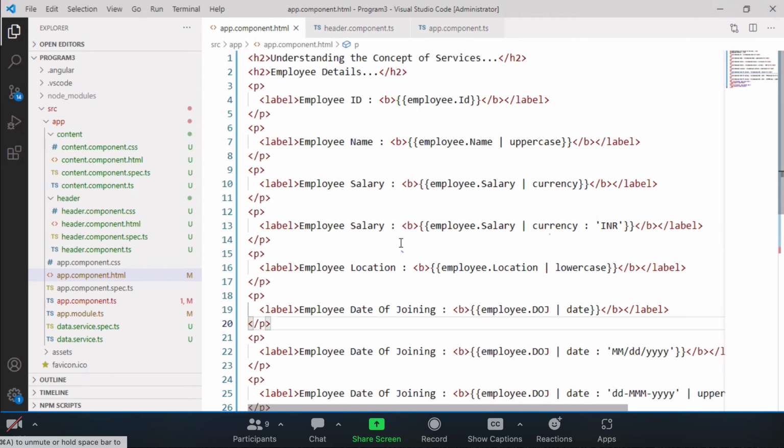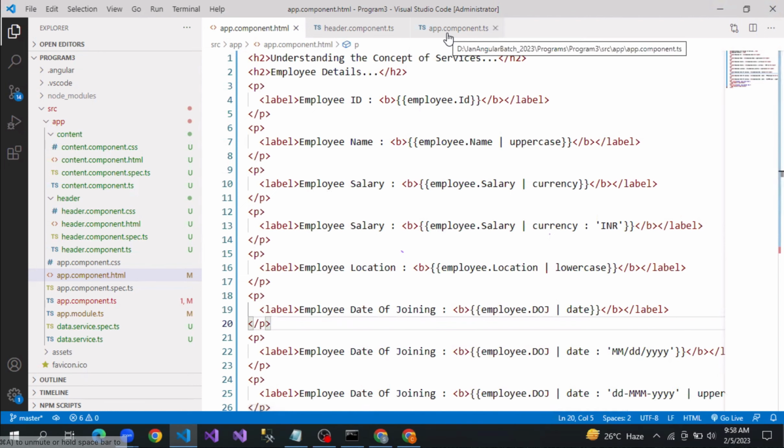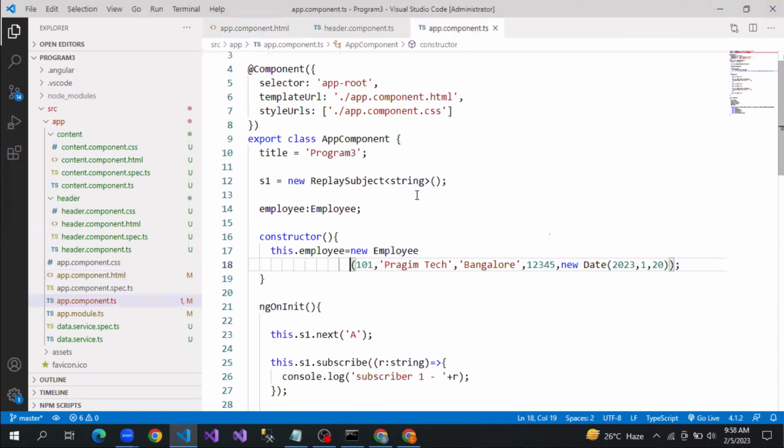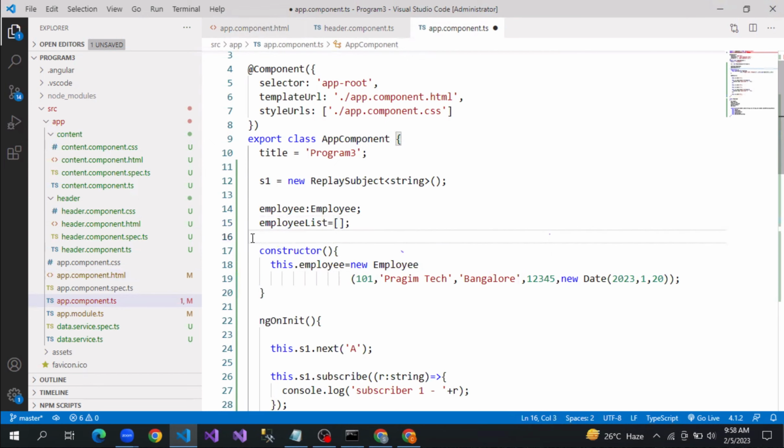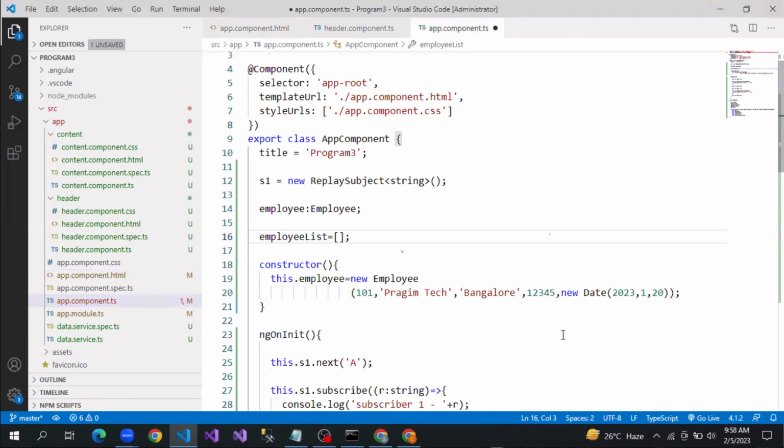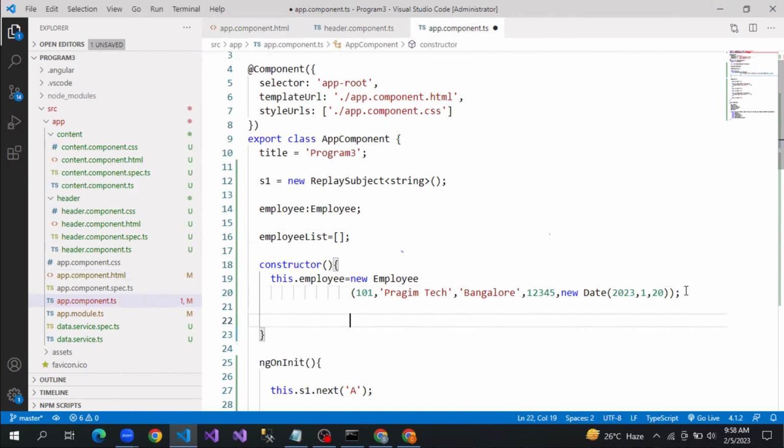Now, let's say we want to create a pipe, using which we may want to perform functionality like this. Let's say I create an array, employee list. Assume that you have an array. And you know how to get this data from the database, so I am not going to teach you that. So what I do is I say this dot employee list is equal to